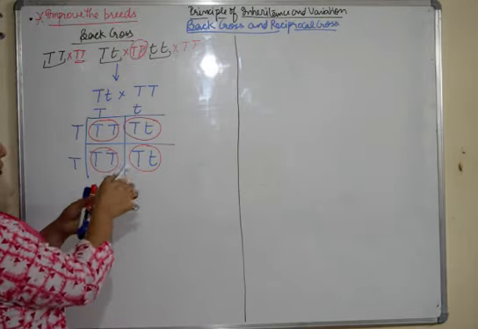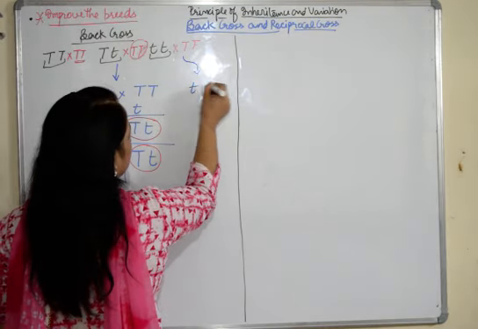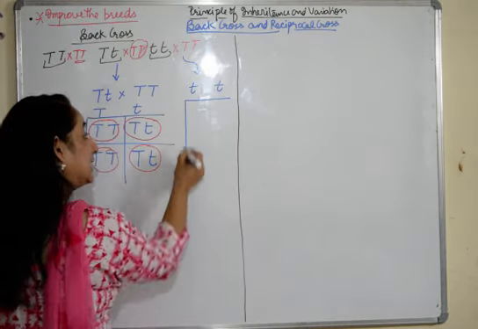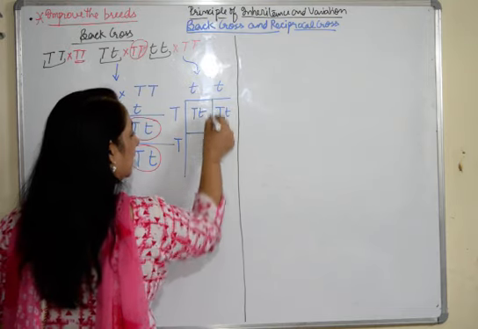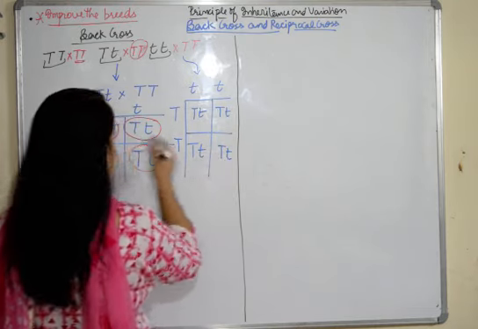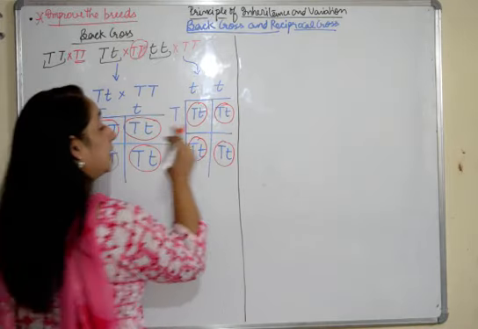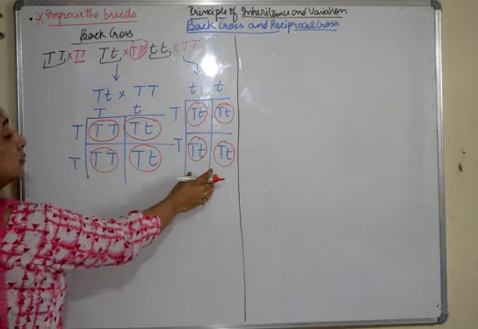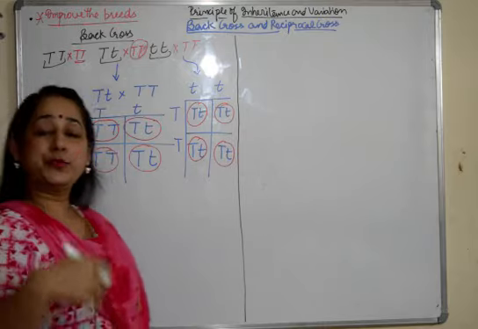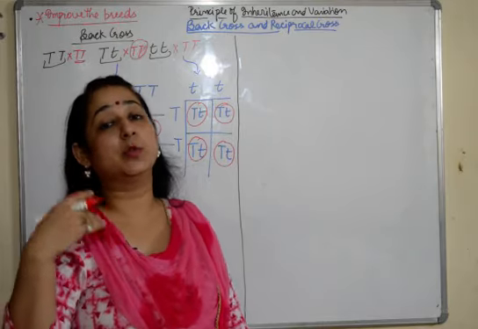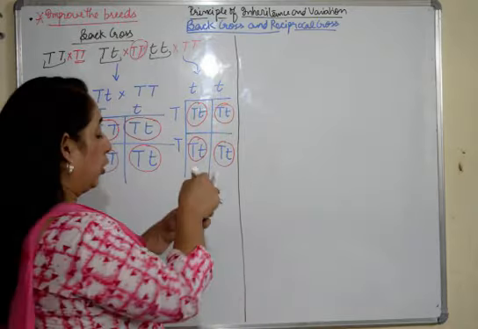I'll take one more so that there is a comparison. If we take the recessive one also, what happens? We have taken one recessive trait, but still when we cross it with the dominant one, we have one dominant in all the offspring. That means, according to the law of dominance, when the dominant trait is present, it will not allow the recessive one to express itself. That means we are getting what we want. So this is a back cross, when the offspring or any of the conditions is crossed with a homozygous dominant parent.